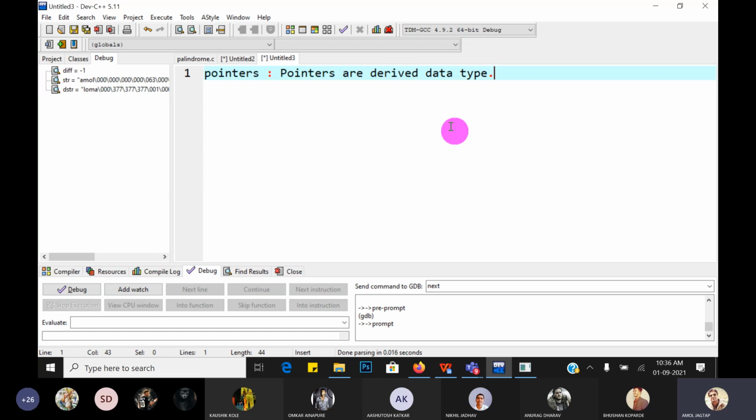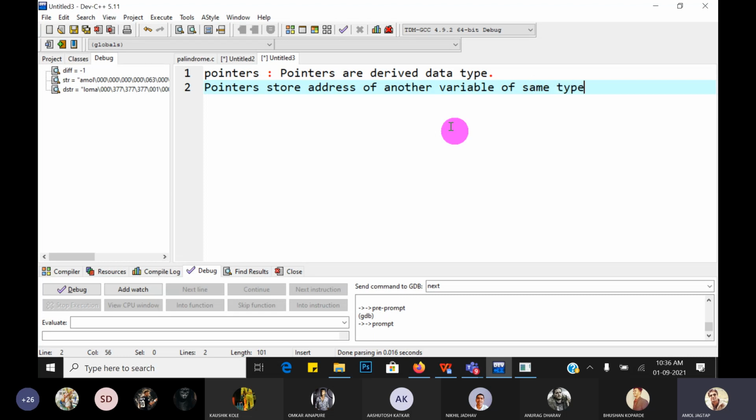Next, what is the use of pointers? A pointer stores the address of another variable of the same type.